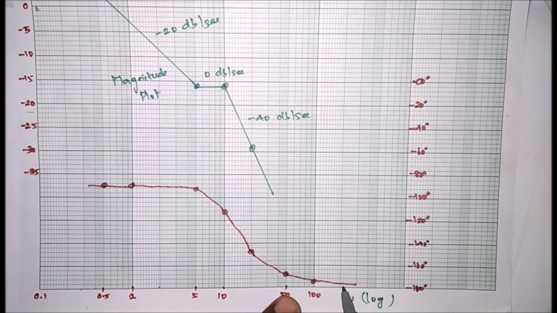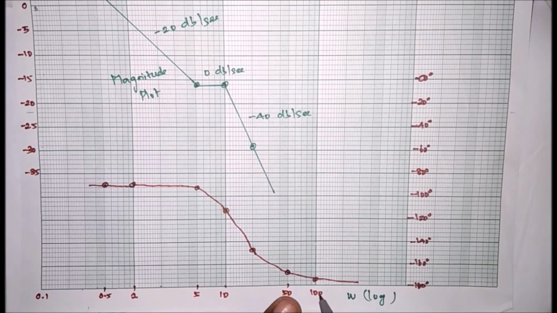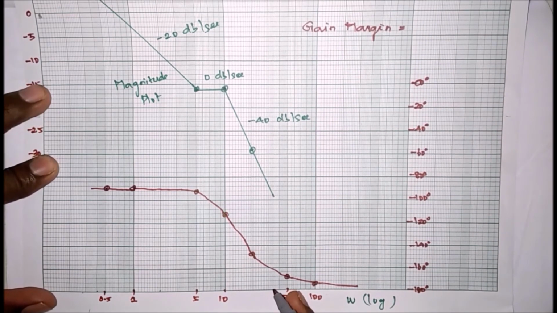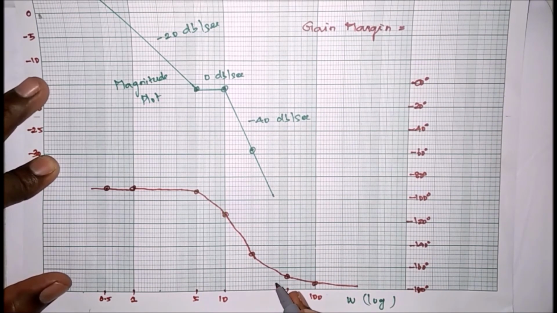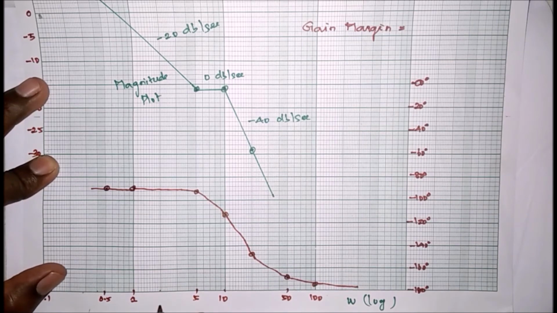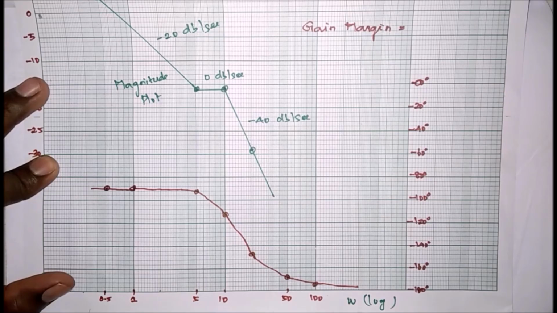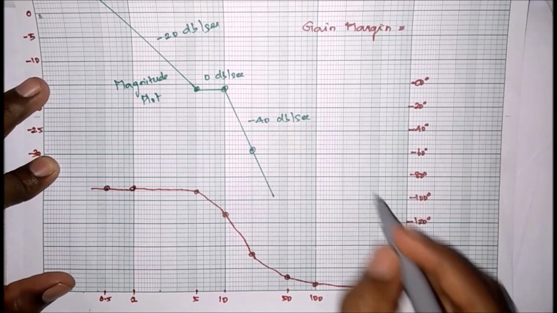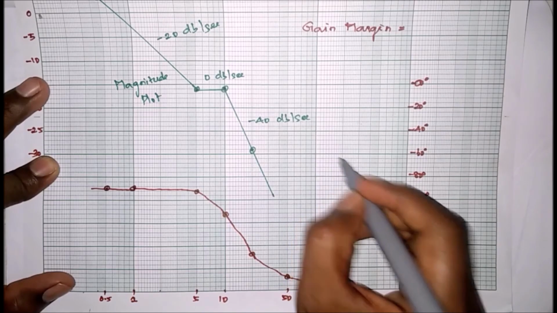Actually we don't know at what omega value it will reach minus 180 degree. Now we can say from this graph we can easily say at omega equal to infinity only, this line will reach minus 180 degree. So now from this graph, from the given problem, two required things are gain margin and phase margin. From this graph, gain margin is nothing but at minus 180 degree, where the phase plot will cut or cross minus 180 degree. The corresponding frequency is the phase crossover frequency. At phase crossover frequency, what is the magnitude in the magnitude plot? That is nothing but the gain margin.